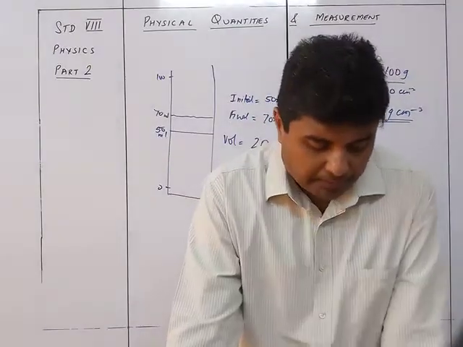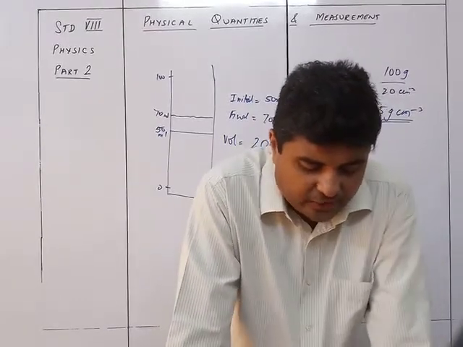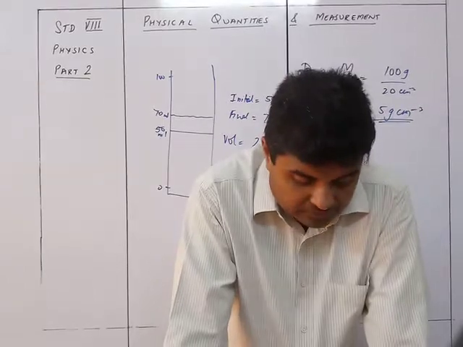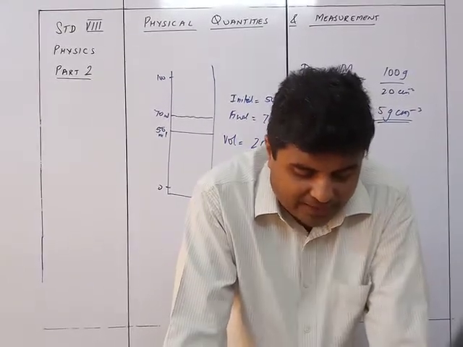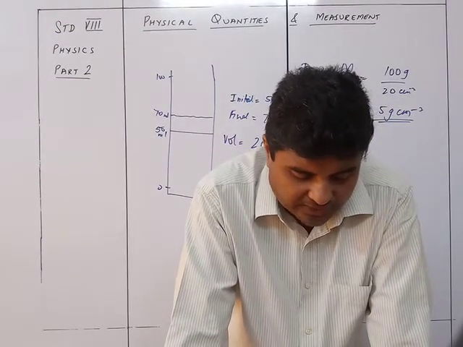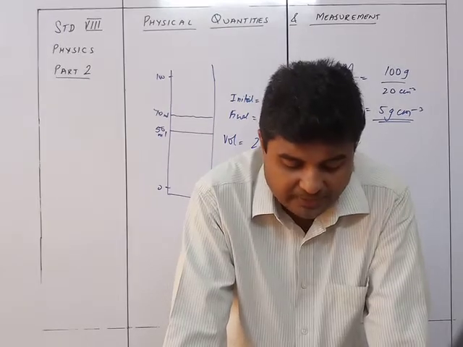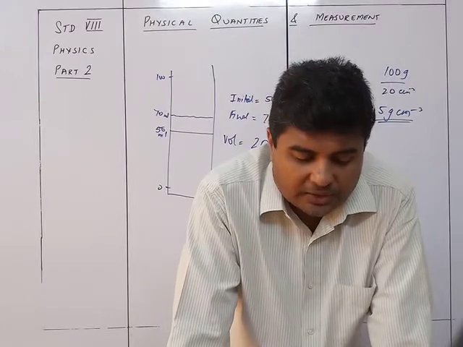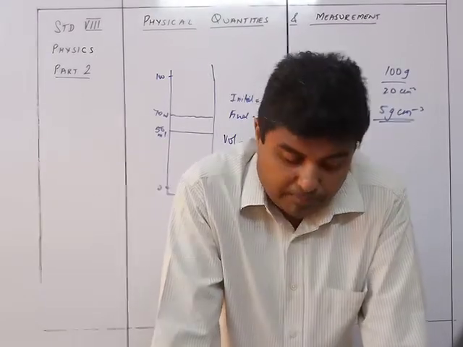Activity 1. Measure the mass of the given solid using a common beam balance. Note the mass m in grams. Take a measuring cylinder, fill it partly with water as shown in the figure. So they are given that the original value was 70. Now level the water, let it be V1 ml.